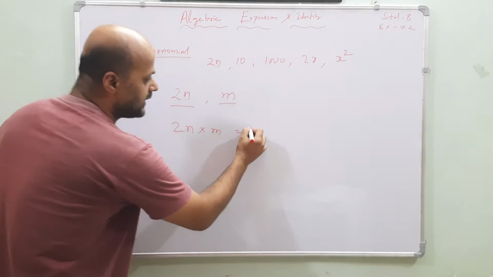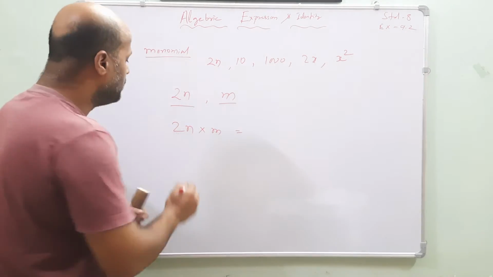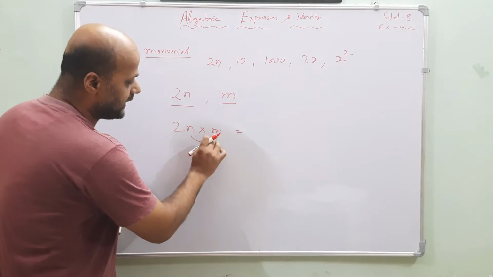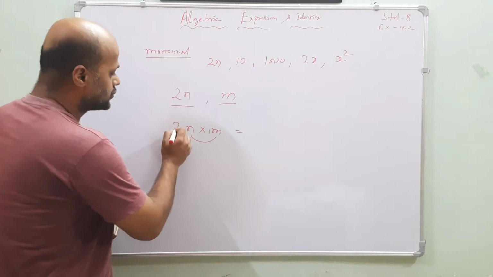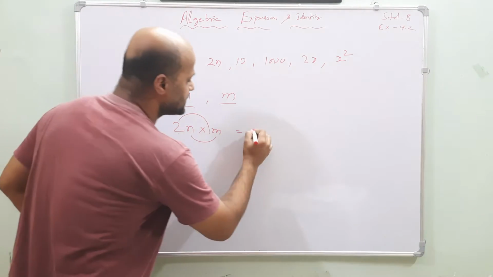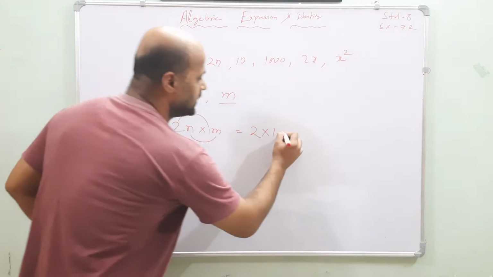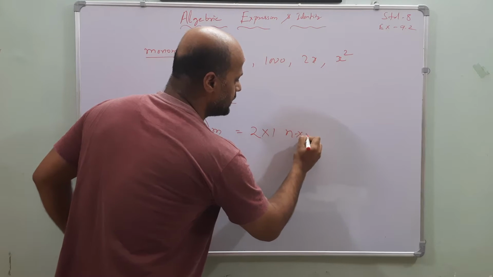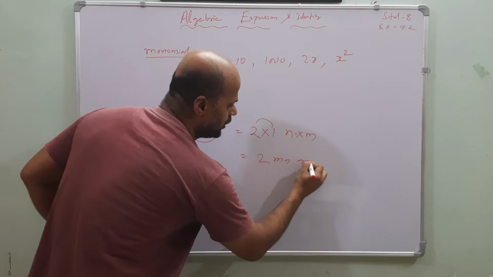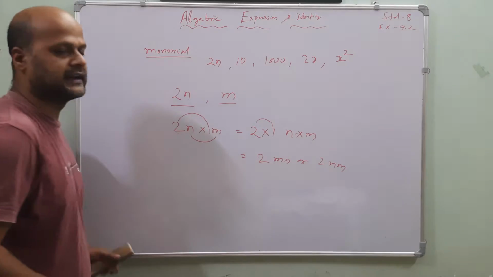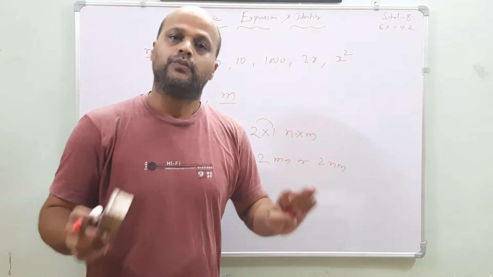If I say find the product of two monomials, it means numbers will be multiplied with numbers and the variables will be multiplied with each other. Here, with m, is anything there? Yes, m means nothing but 1. So the constants will first be multiplied with each other, that is 2 into 1, and the variables will be multiplied with each other. So what is the result? 2 into 1 is 2, n into m is mn, so 2mn, or 2nm, whichever you can write here. Understood my dear friends? This is how you should multiply two monomials.